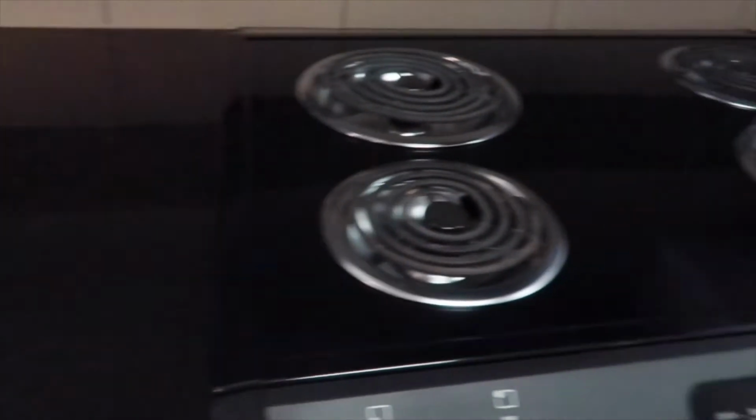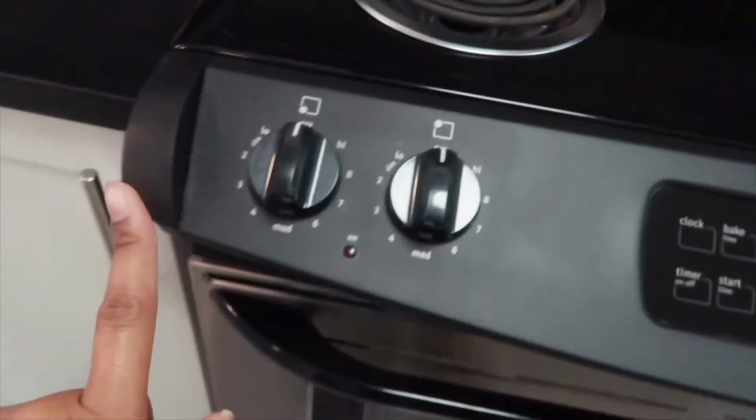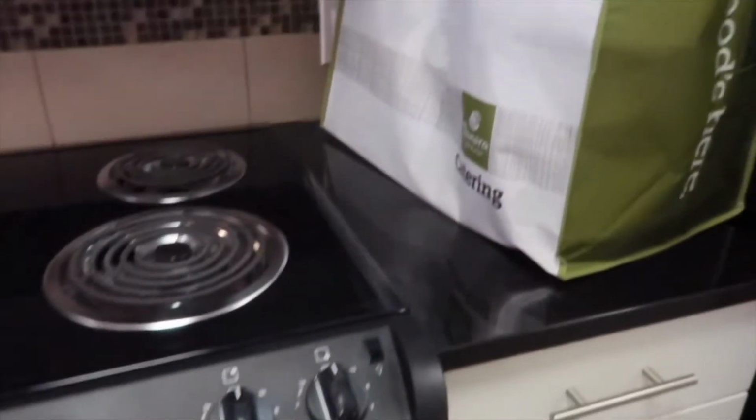And then over here you have the electric stove. I don't really like electric stoves, to be honest, but it'll do. And then you have the oven as usual. And then this is one of my least favorite sections right here, and that's because, so this is our fridge,